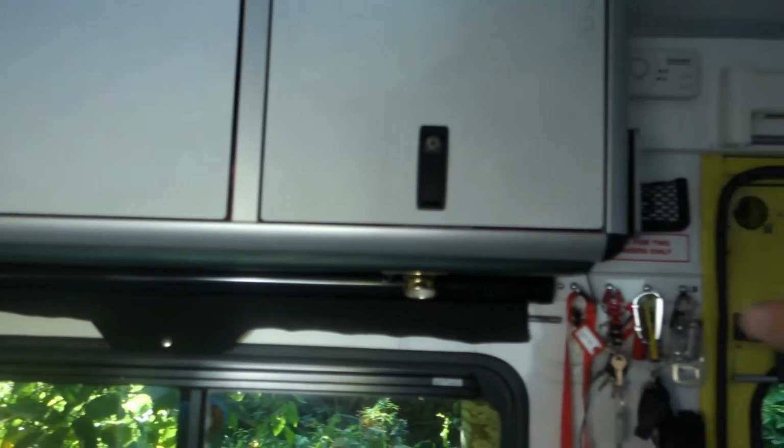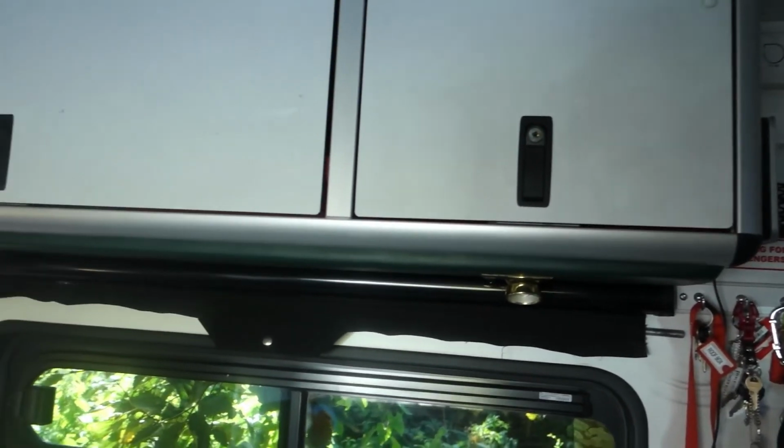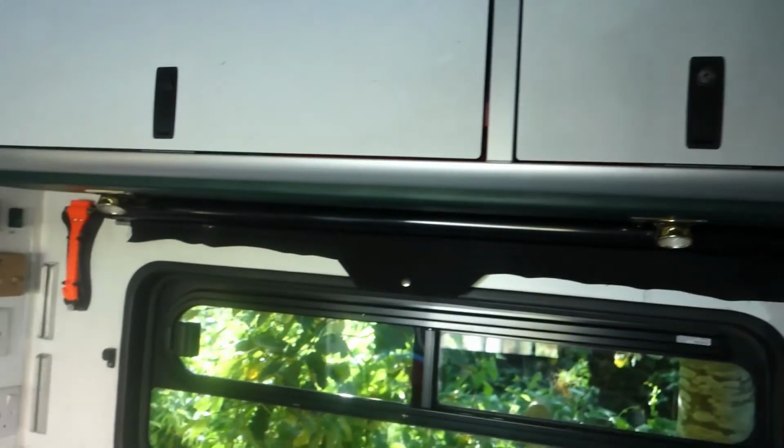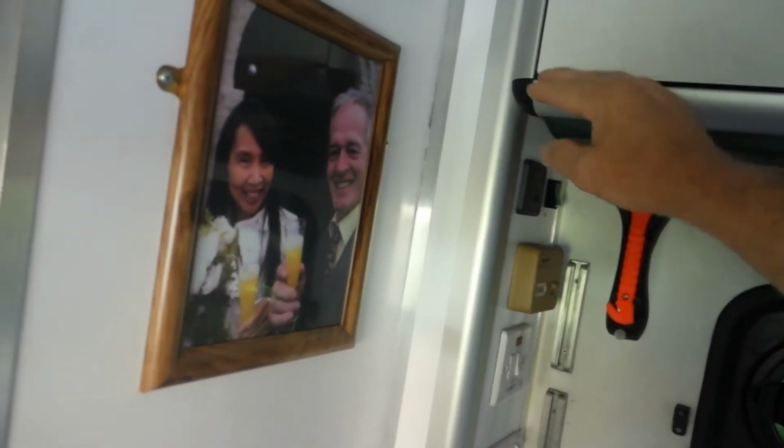Okay, so then these 2 cupboards up here, these are the original position that they always were, so I've left them where they were. And the same this side. These 2 little cupboards, I kept those exactly where they were, haven't really done anything to those. So then once you come to the end of these cupboards, right across the back, I've put a wall, and